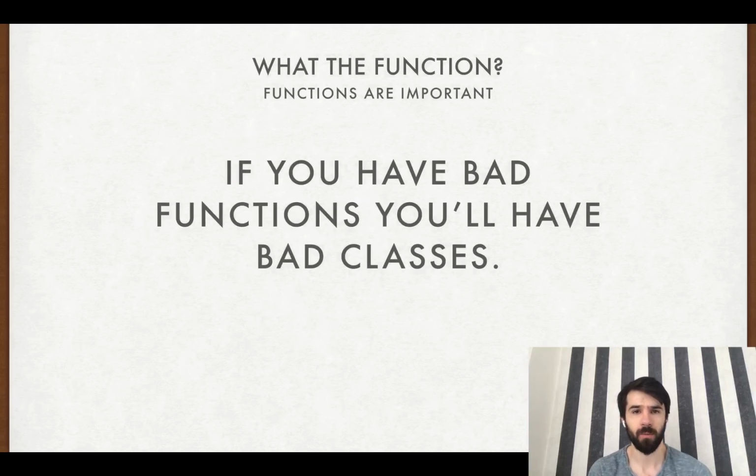So as a conclusion for this video, we have seen that functions are actually very important, and they have a very important and specific place in our program. I will say one last thing: if you have bad functions, you'll have bad classes, mostly for sure, because as you have seen, all of the behavior is expressed through functions, and if we design them poorly, then for sure we'll have